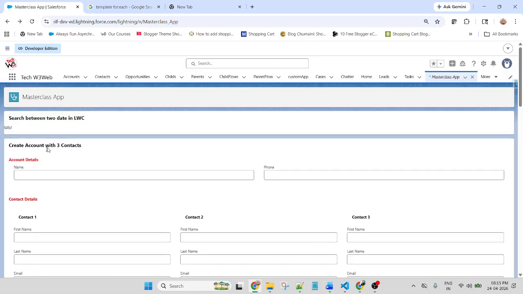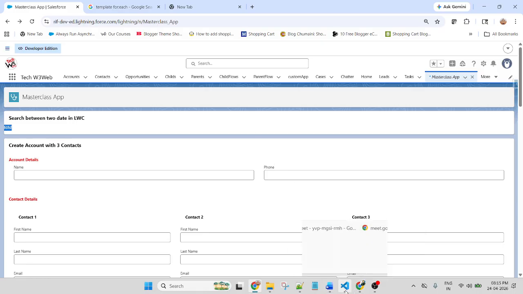Actually, I want to teach you how an LWC component works. So if I put lightning card and a title, this is my title, this is my data, and you can see the container automatically displays a white background.